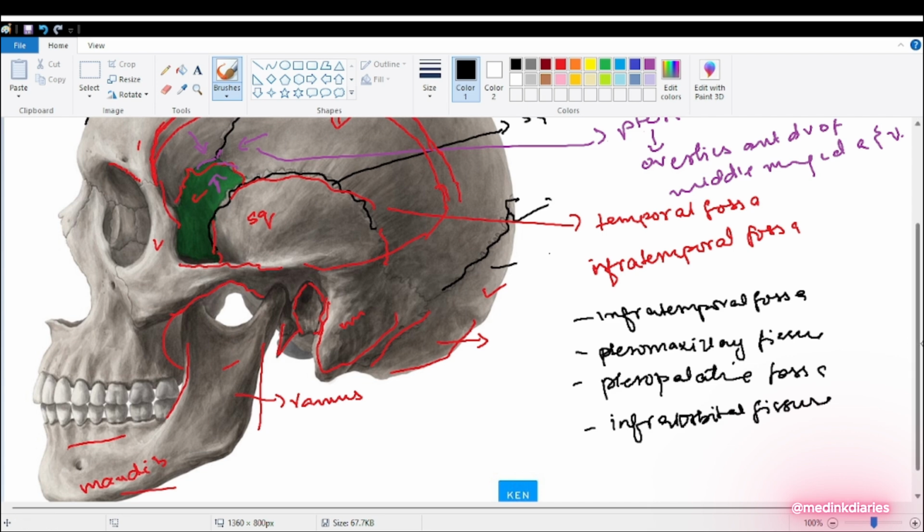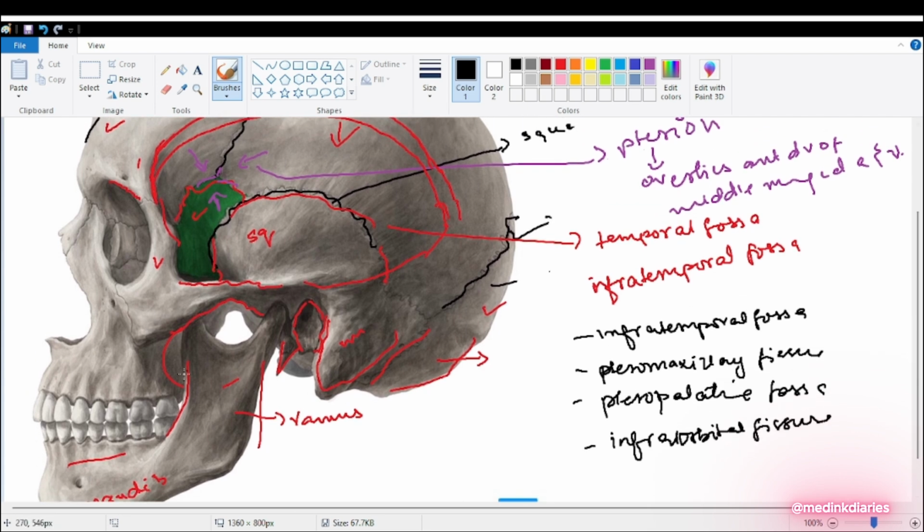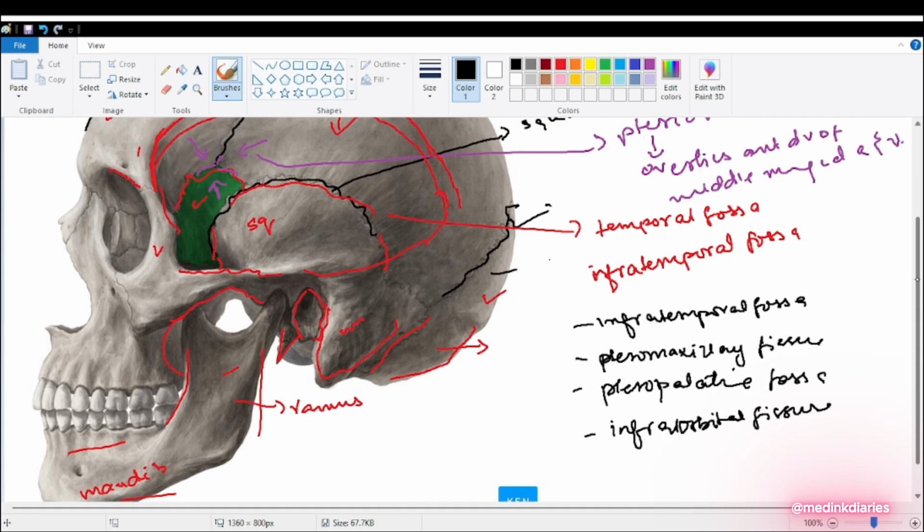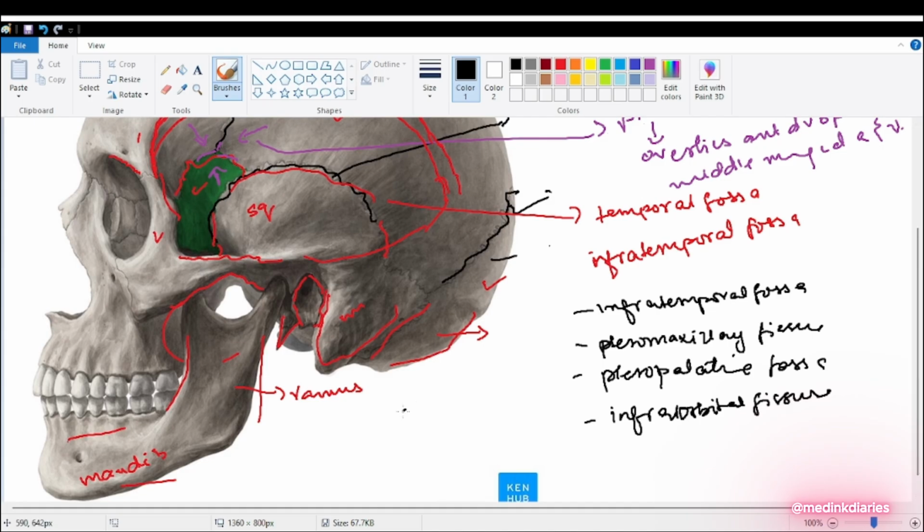Now here you cannot see it clearly, but if you remove this ramus and view it in a 3D mode, you will see that in between the posterior margin of the maxilla and the pterygoid plate of the sphenoid, above it, there's a fissure known as the pterygomaxillary fissure. So here is the infratemporal fossa, and this is the pterygomaxillary fissure, which connects the infratemporal fossa to